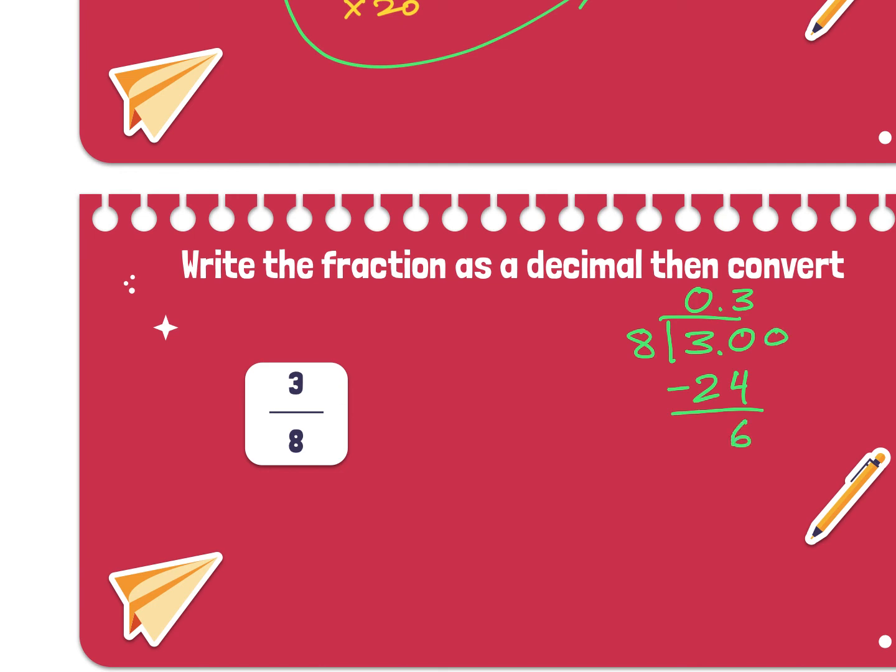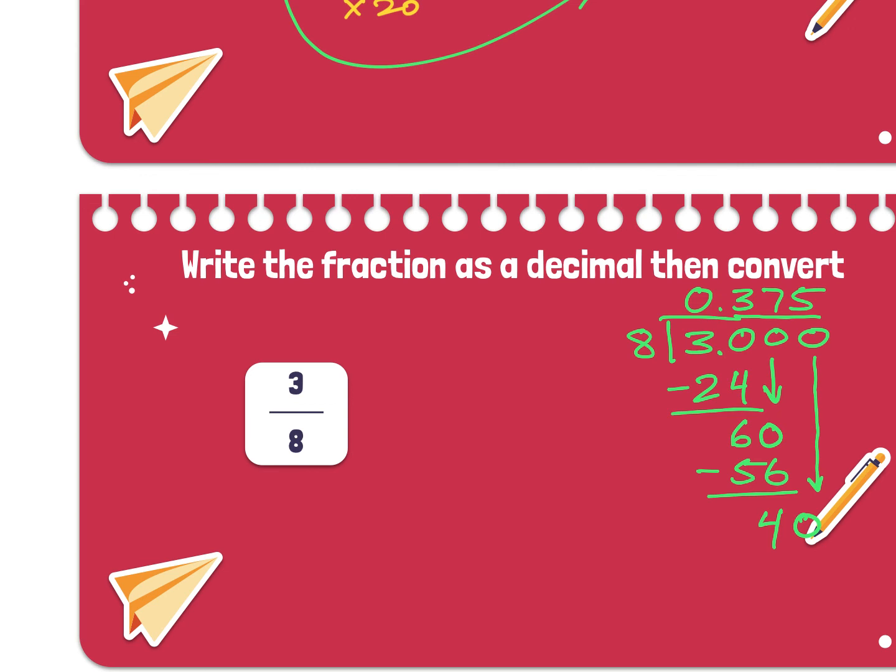I bring down another 0. 8 goes into 60 7 times. 7 times 8 is 56. Subtract 56 from 60, and it gives me a 4. I bring down another 0. 8 goes into 40 5 times. So now my answer, my decimal, is